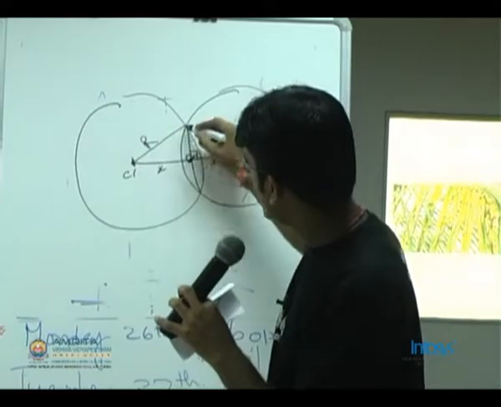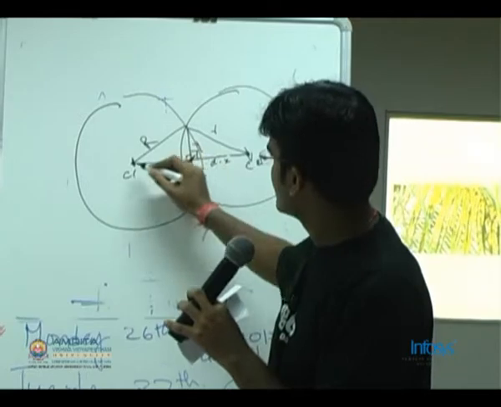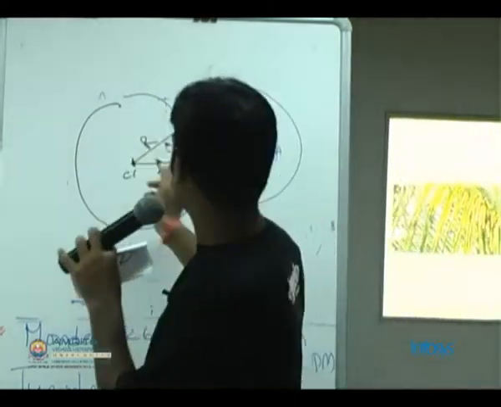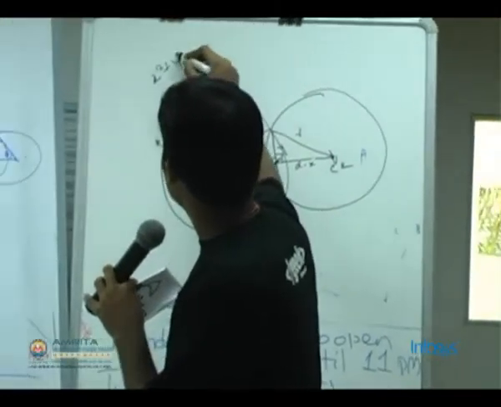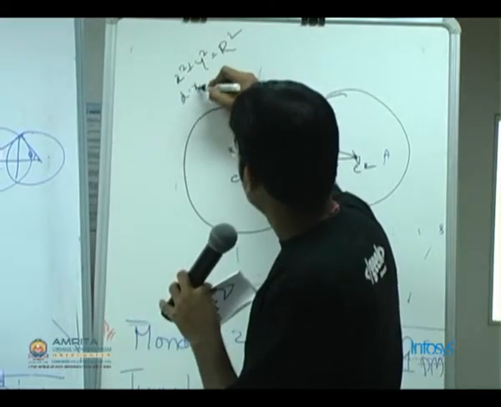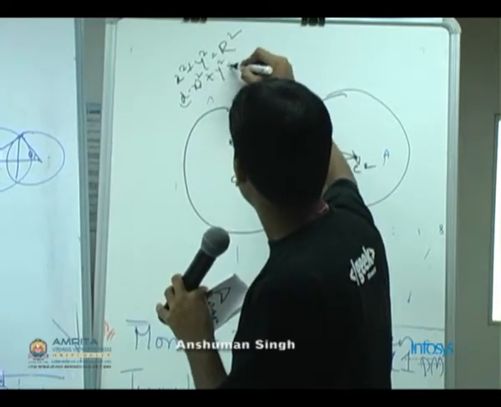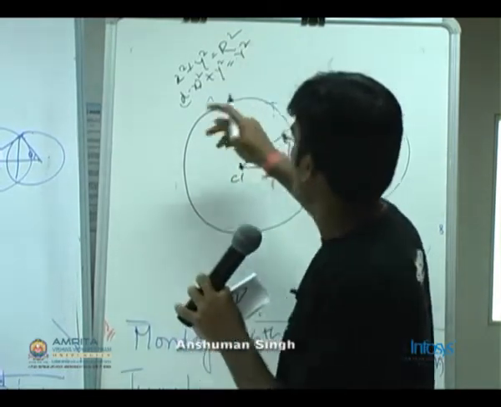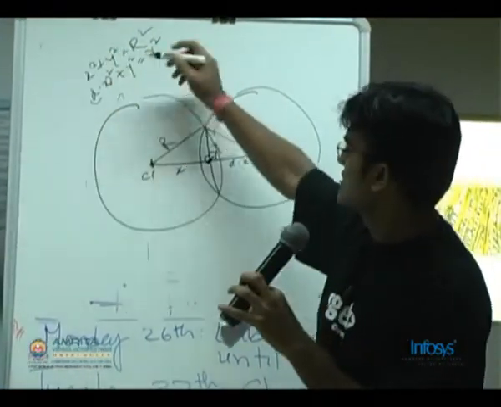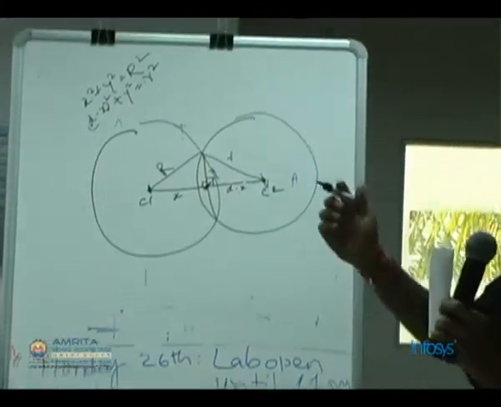Now for these 2 triangles, and let's say this is y, you can form equations through Pythagoras theorem. So that would go like x square plus y square is equal to r square, and d minus x square plus y square equal to small r square. You can eliminate y from here by subtracting these 2 equations. We'll get a quadratic equation in terms of x. The solution would come out to be